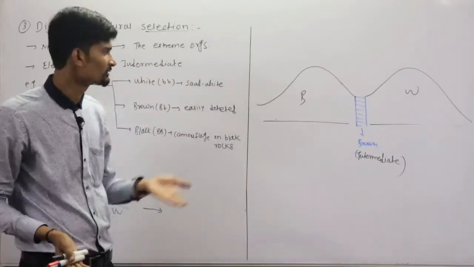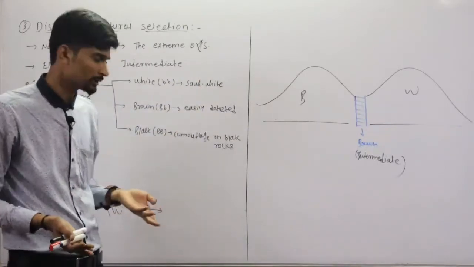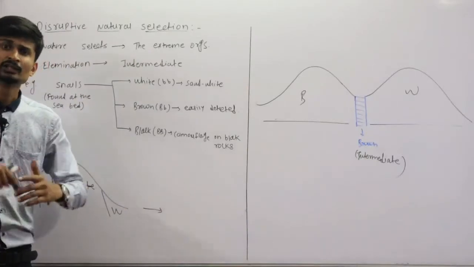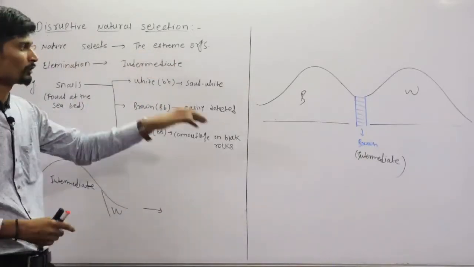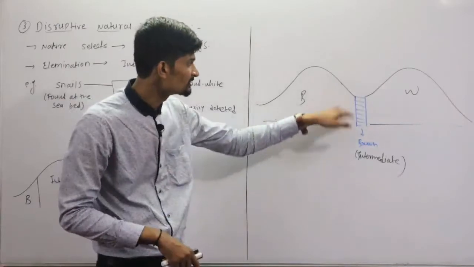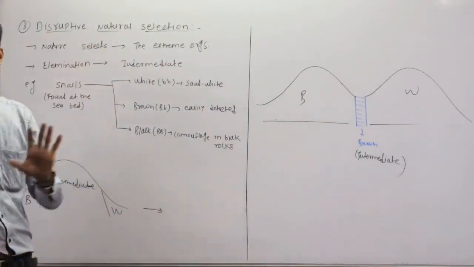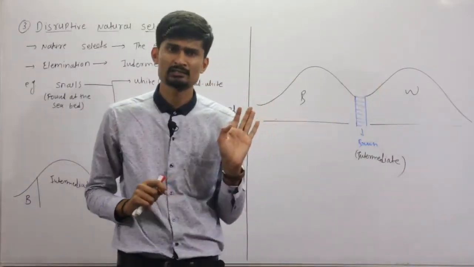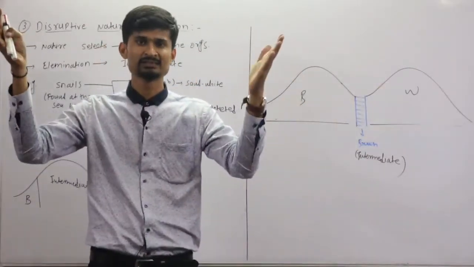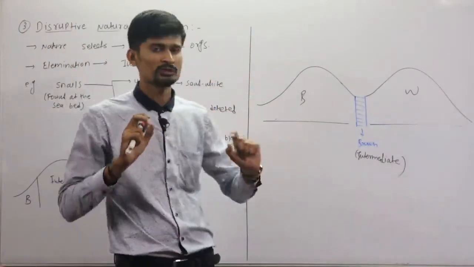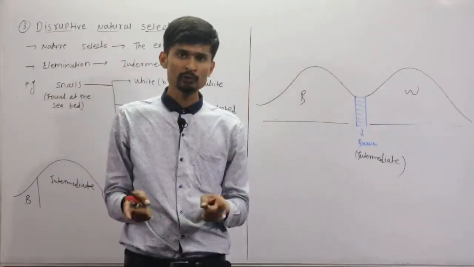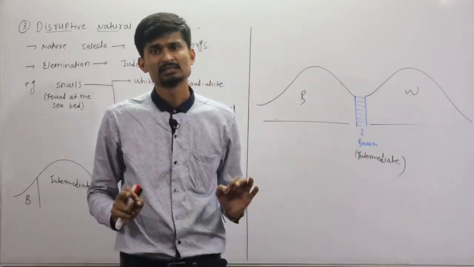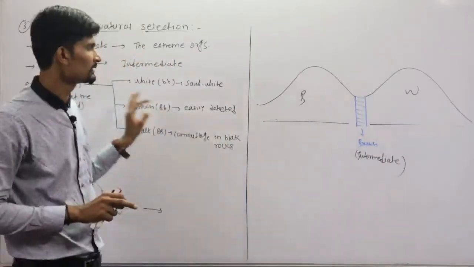Because these are easily camouflaged, okay, due to the natural conditions which are present in the sea. Sand is white in color, this is a natural color. Then the black rocks at the sea bed are the natural condition. So nature selects the extreme organisms and eliminates the intermediate. So that is the disruptive natural selection. There is a disruption, okay, increase, decrease, and again increase. So the two extreme conditions will increase, the number of organisms present at the extreme level will be more, and the number of intermediate organisms will be less. That is the disruptive type of natural selection.